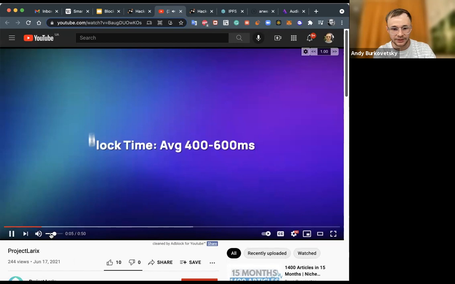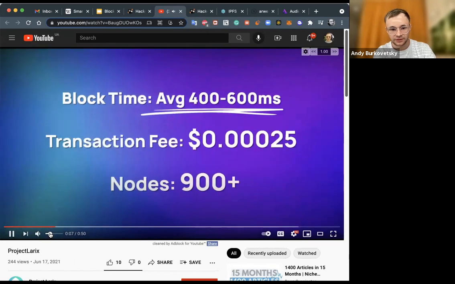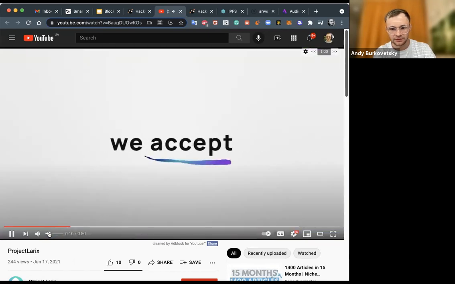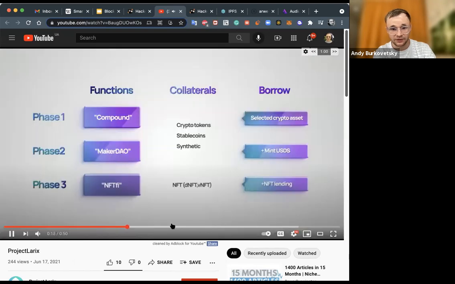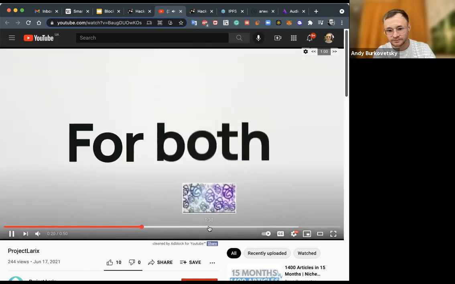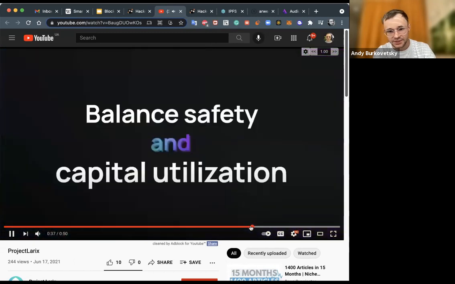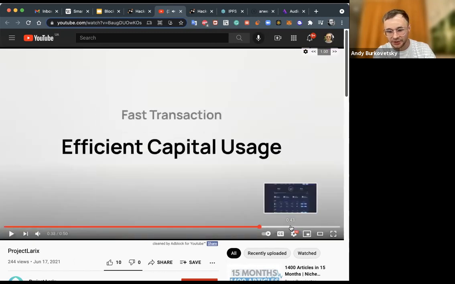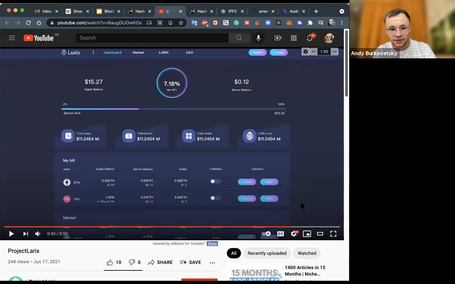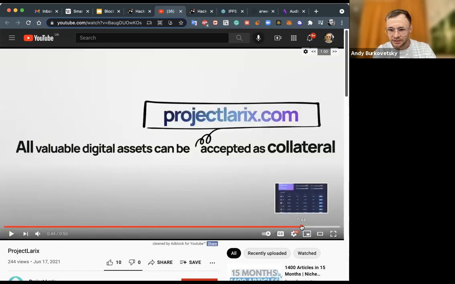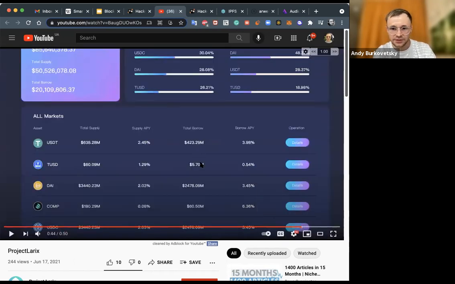Lending gateway. Yeah, so they have a kind of presentation. This looks like some economic application providing lending. How would they do it? I don't know.